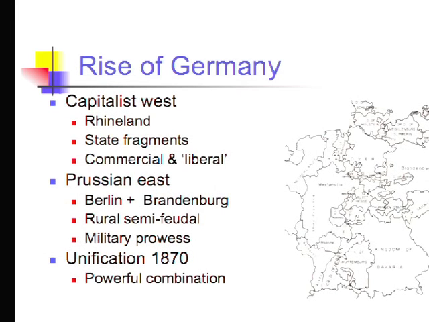That historical accident and process in Germany of not being unified, it finally gets unified in 1870, where basically Prussia, or Brandenburg, has come up over the years as a great military power based on rather semi-feudal relations. It conquers West Germany, unifies the whole thing, but continues with this route of industrialization. So it's a kind of powerful combination of industrial, liberal, marketized West, and a very centralized, authoritarian, semi-feudal